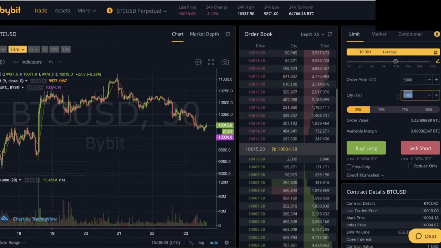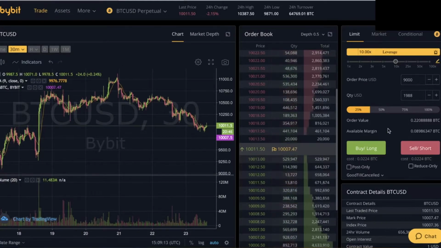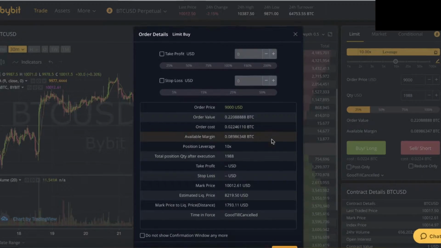and it's also telling me what the order value is. So that means what the value of $2,000 is in Bitcoin right now, or rather at the point of the order price. So for example, if I change it to 10,000, you can see that the order value goes down a little bit, but if it's at 9,000, obviously that means it will net me a little bit more Bitcoin, and that is how I can be setting my order there. So from here, I can just set what level I want to buy Bitcoin at, how much Bitcoin I want to buy, what leverage I want to use, click on buy long,